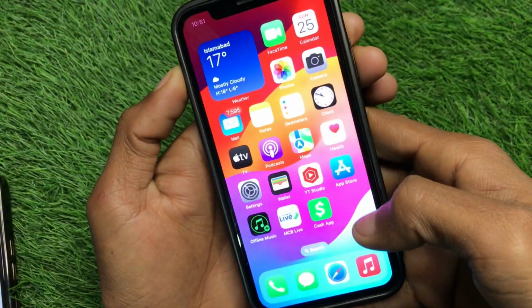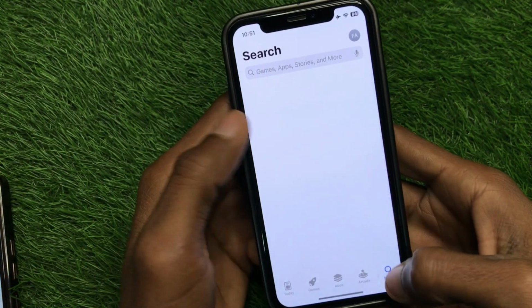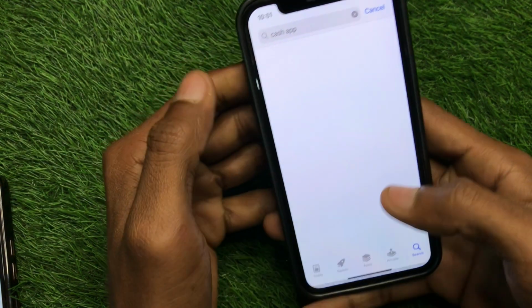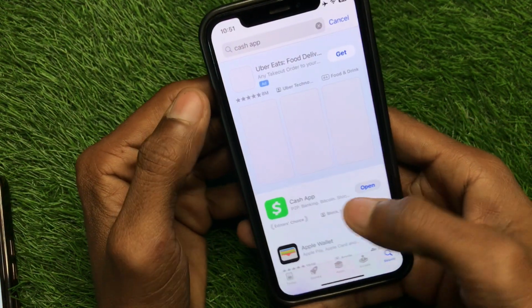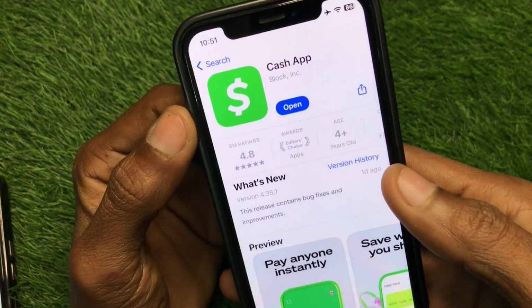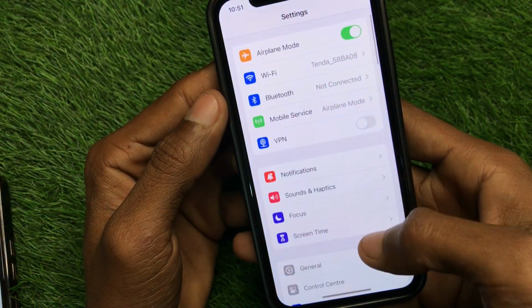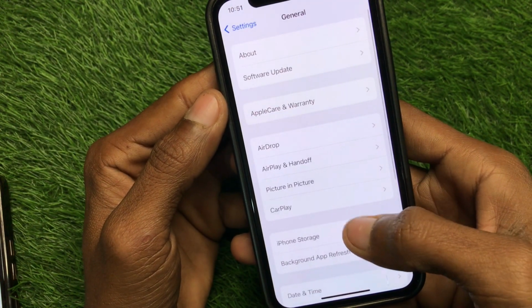And guys, after doing this, you need to open your App Store and check for updates. So guys, here you need to search Cash App. Now you have to open your Cash App, and if your app is not updated, you need to update it first. And after doing this, you need to open your settings again,